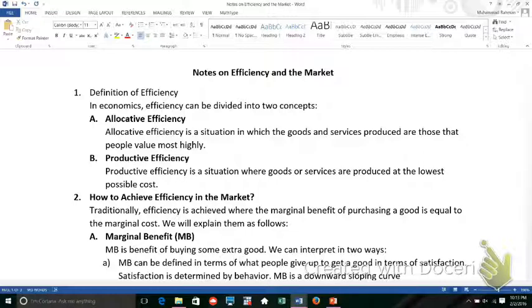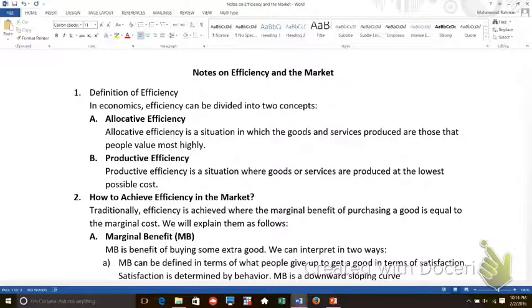Now, the other aspect of efficiency is productive efficiency, which is much simpler in the sense that we can achieve productive efficiency when goods and services are produced at the lowest possible cost. So productive efficiency is the production aspect of efficiency, where we achieve efficiency by achieving cost minimization. Both of these concepts are important in economics, and